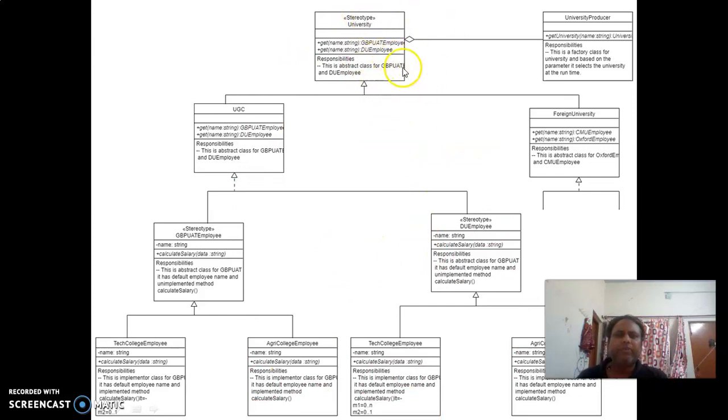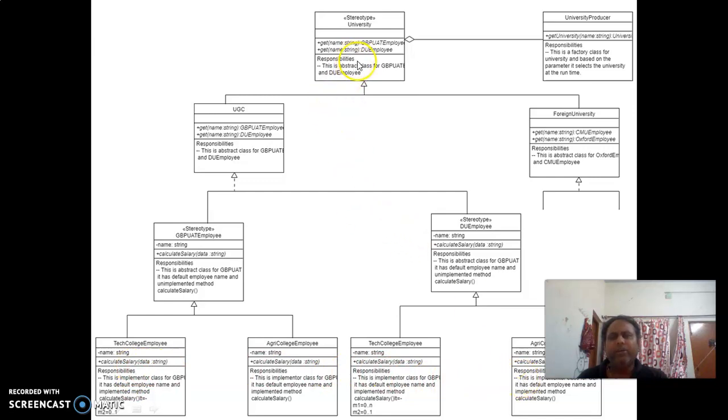This abstract factory can be accessed by a producer class. This producer has the visibility of only this outer class. So with the help of university, I can read or retrieve the methods of these classes.